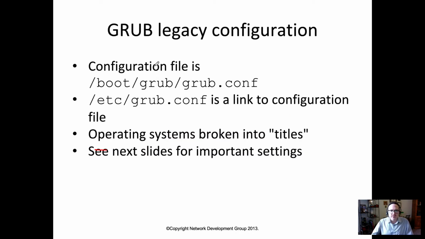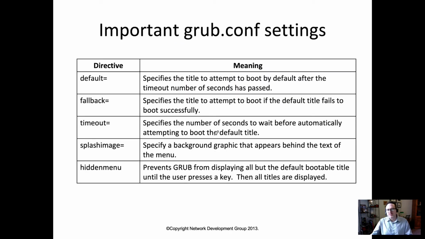Now, GRUB Legacy, GRUB 1.0. What we can tell is that, again, the boot directory is very important. There is a grub directory and a grub.conf file. In that file itself, we'll see there are separate things we can set. We have a default, a timeout in seconds, a fallback, and here's this timeout value itself. You actually do this in the lab. It's the number of seconds to wait before automatically attempting to boot the default